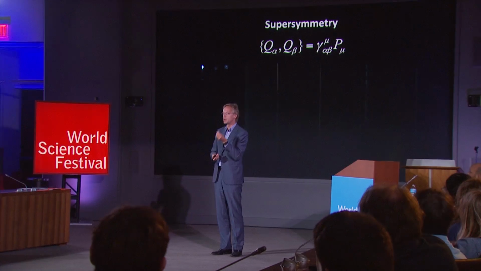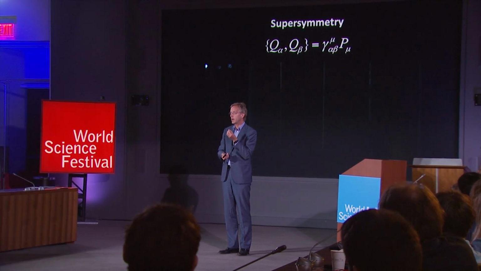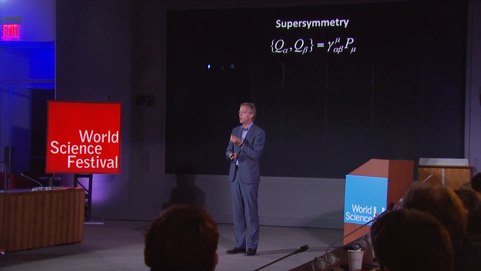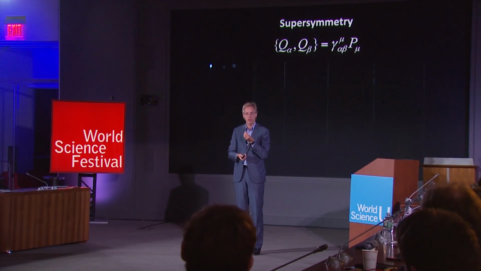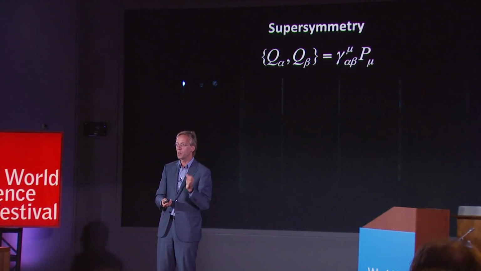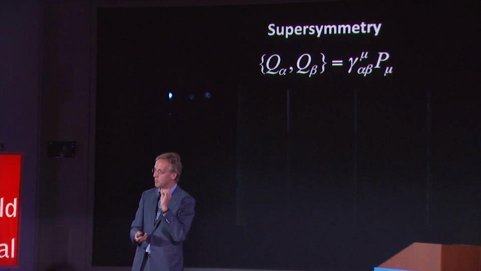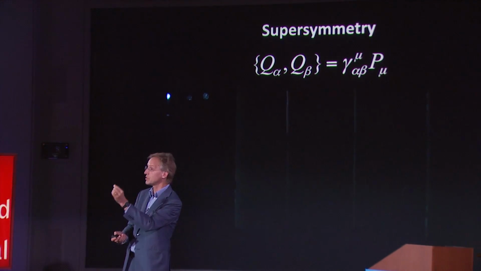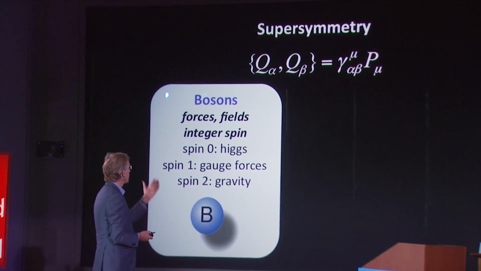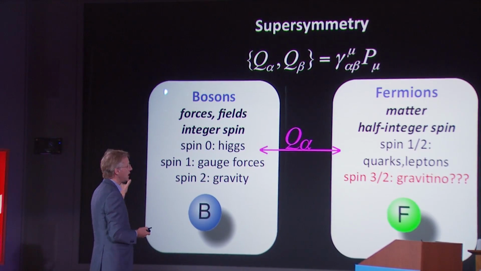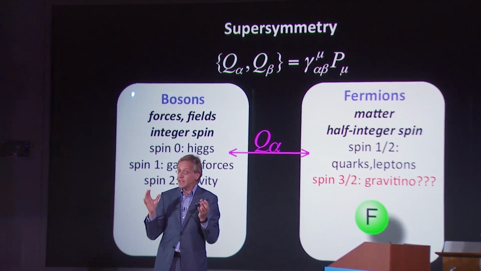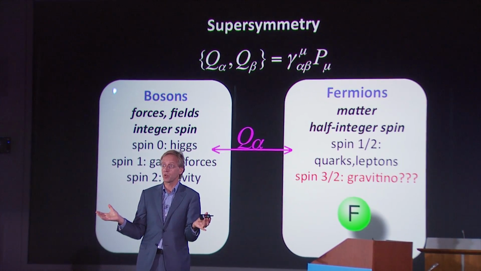I would say supersymmetry is the only symmetry that we haven't observed in nature, but we know it's consistent with all the other things we know about nature. So if you say, give me the laws of physics, can I improve upon them? Can I think of something that's not yet used, that's consistent with all the laws of relativity, of quantum mechanics, etc.? Supersymmetry is the only thing that we know. And in fact, as a mathematical proof, it's the only thing that you can add to it. I wrote down here the supersymmetry algebra, and it's relating two things, literally the two halves out of which we think nature is composed.